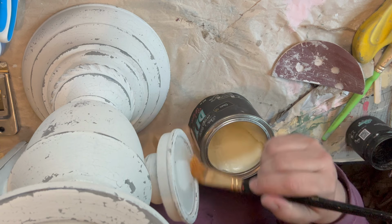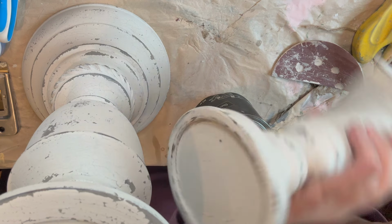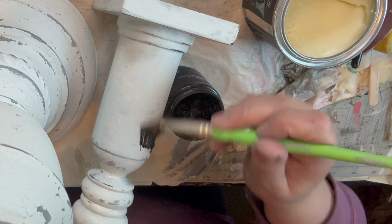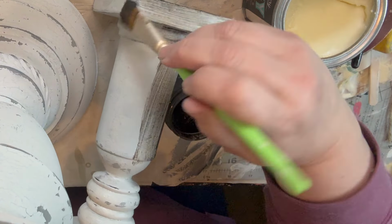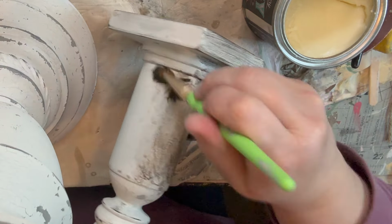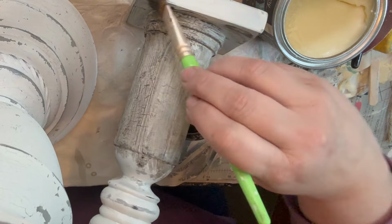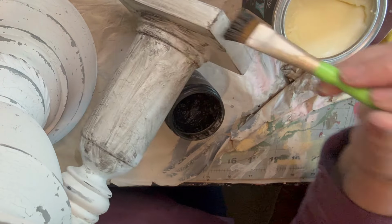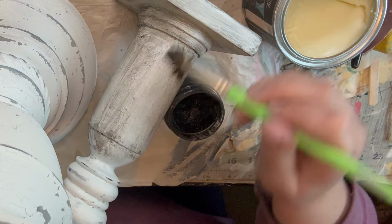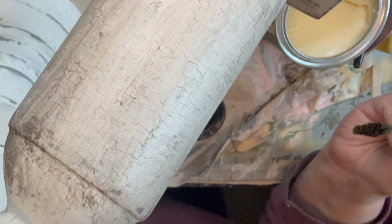So we're just gonna go in and make sure every part of this is covered, and then I literally just set down the one brush, pick up the other. You guys, I can't wait for you to see this. If you look, this just gives us a little bit less of that dark, so it just goes on so smooth and gives you just the right amount of highlighting by leaving that clear on there. So we're gonna go over the whole piece with that dark wax. Let me show you. Look,